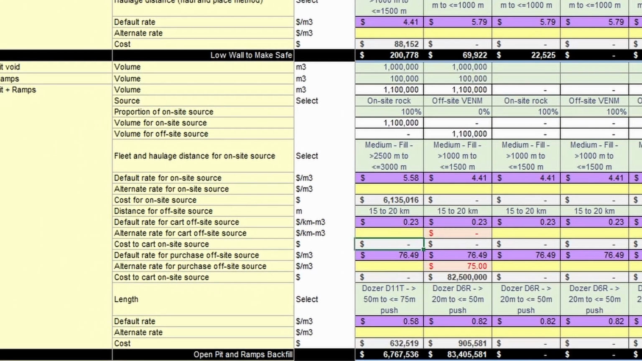If we have a quoted cost for transport separate to the purchase cost, we must calculate the dollars per distance per volume rate and enter that to the alternate rate for cart offsite source. We do this by dividing the transport cost by the one-way distance and then the volume to be carted. For example, if the transport cost is 100,000, one-way distance is 10 kilometers, and the volume is 20,000 cubic meters, our calculation is 100,000 divided by 10 to get 10,000, then divided by 20,000 to get $0.5 per kilometer per